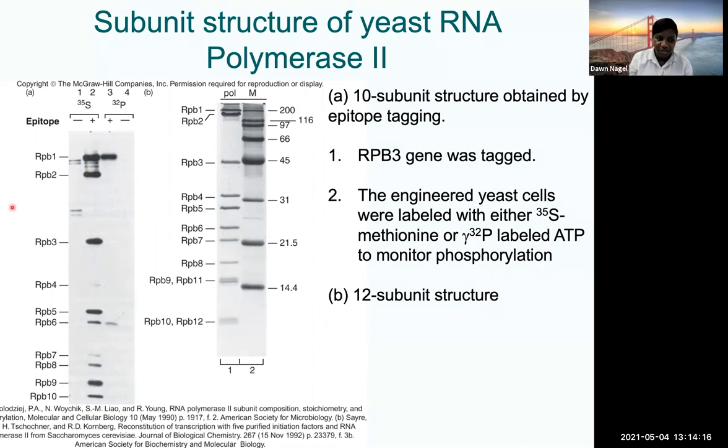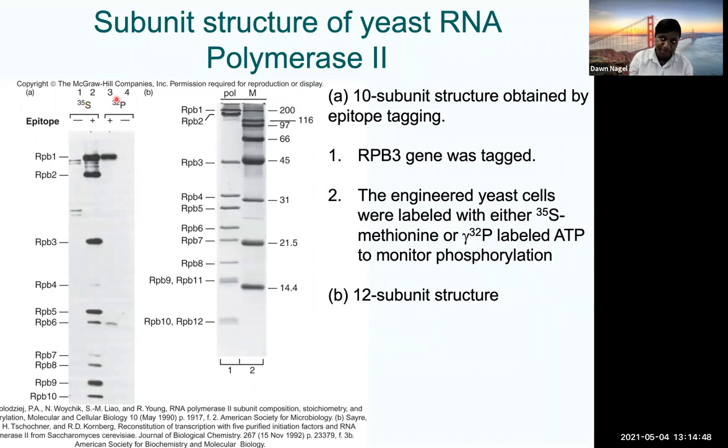Okay, and this is really that gel that you're looking at. This is a protein gel. On the left, all these labels are the different subunits that you would expect. At the top, you have 4 different lanes. They labeled these proteins with sulfur, S35. You guys remember the Hershey and Chase experiment. And they also